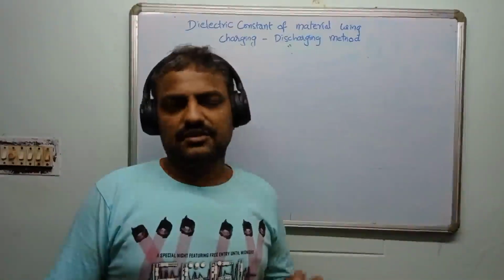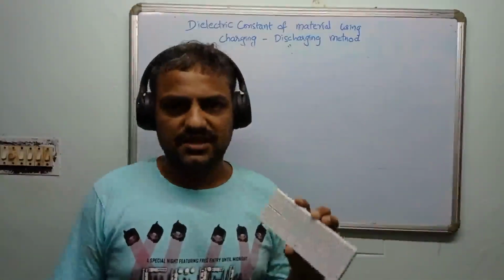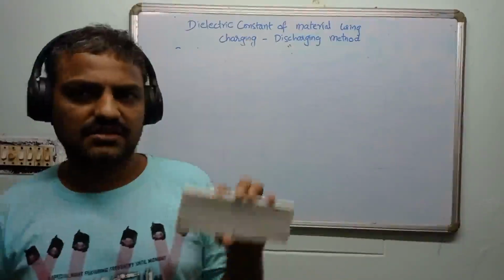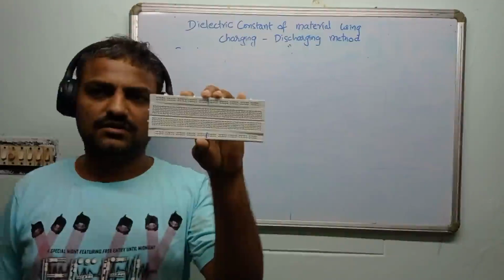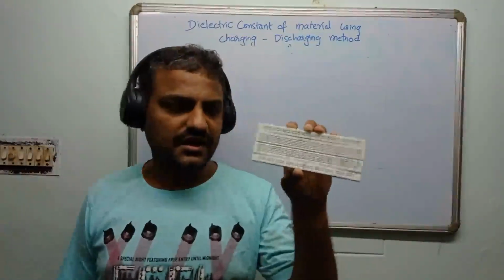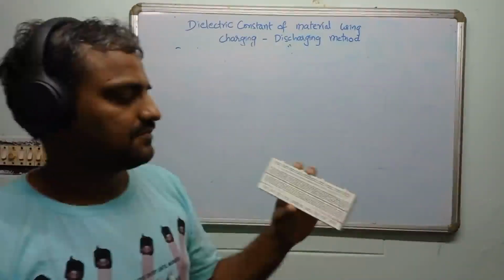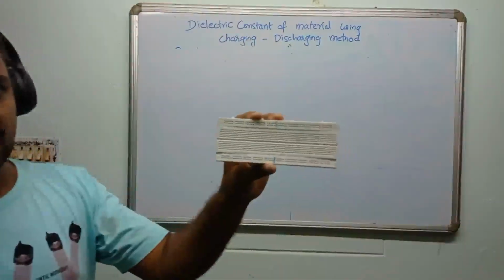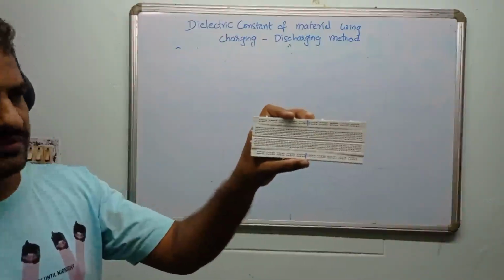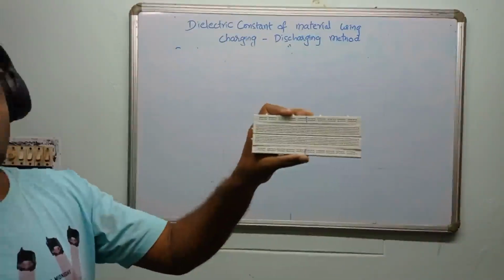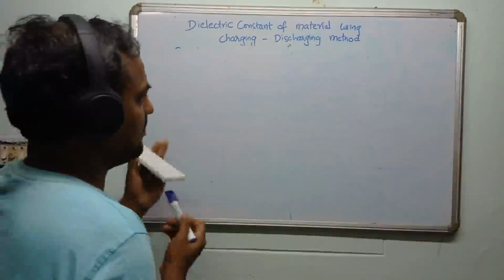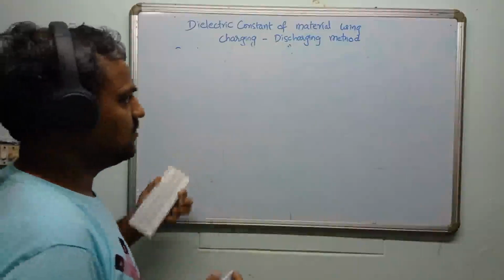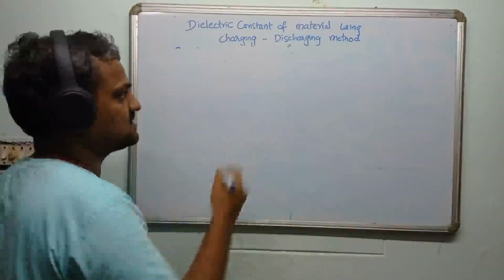The very first tool that is required for building any circuit is this breadboard. There are some holes on this breadboard which are intended for making electrical contacts. Let's have a look at this breadboard and its layout, and try to understand how the connections are made on this. Usually a breadboard will have two types of buses. One is called the vertical bus, another one is called the horizontal bus.